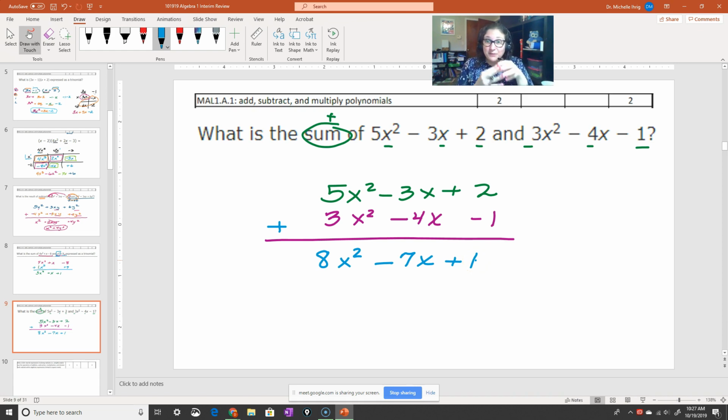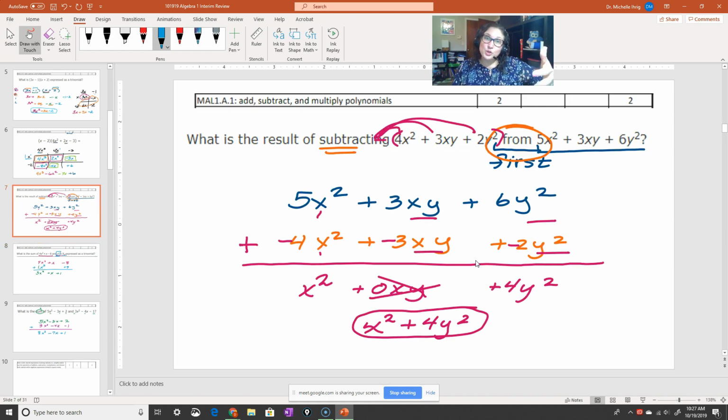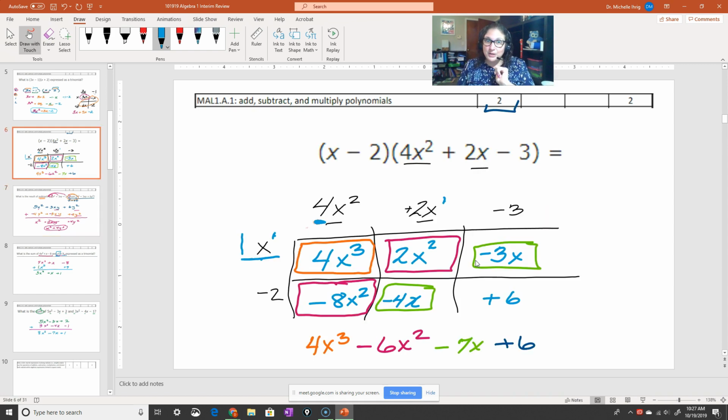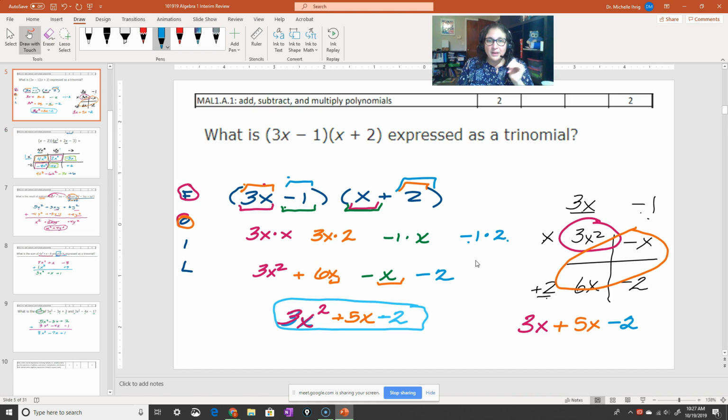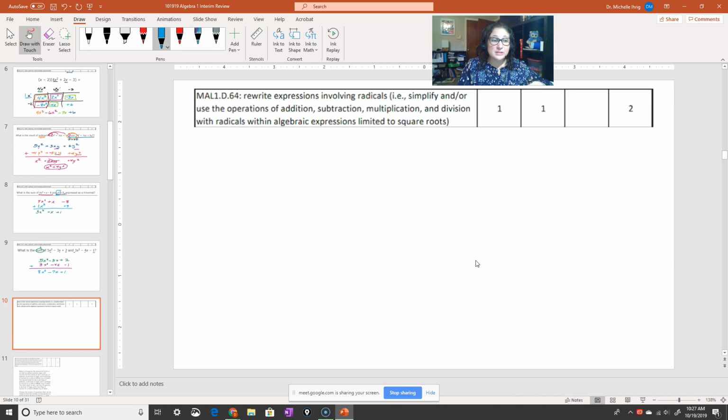So according to the blueprint from the county, you are going to have 2 questions that are just as simple as these. So whether it's addition, like we just did, it might be a little tricky like this one of how we had to leave that space underneath the x because there wasn't an x term. Or if it says subtraction, this is still considered easy to the county. So just make sure when it says from, you put the from first, and then you change the signs of what you put underneath. For the multiplication, I like to just put it long on the top and the shorter one here, and then you can do the box method. And then, of course, the basic binomial multiplication. Does anyone have any more questions about that?